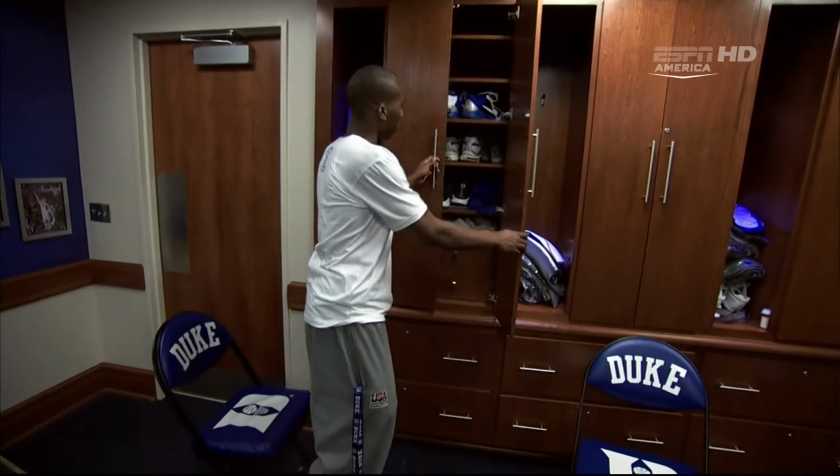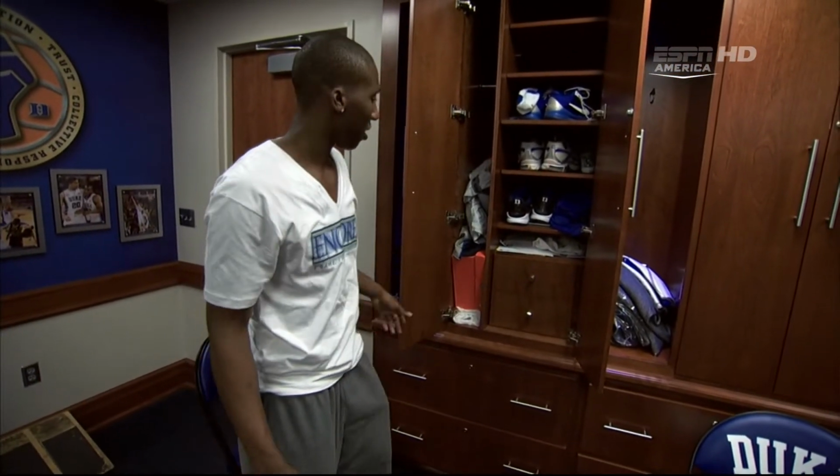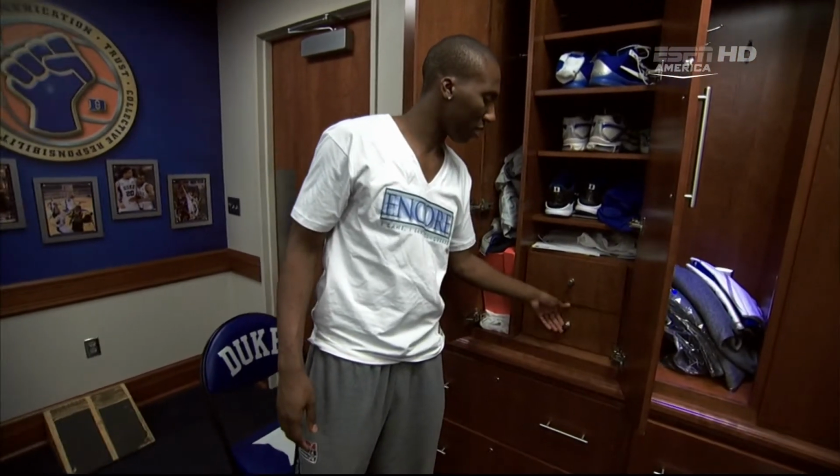We have our name tags. Here's mine, Kyrie and Kyle. We're all over here on this side. This is a big deal, especially for the freshmen when they first get here. But my locker's normally pretty clean. And we keep our shoes up in here. And we have a lot of drawers to keep our valuables, put our phones and wallets, and